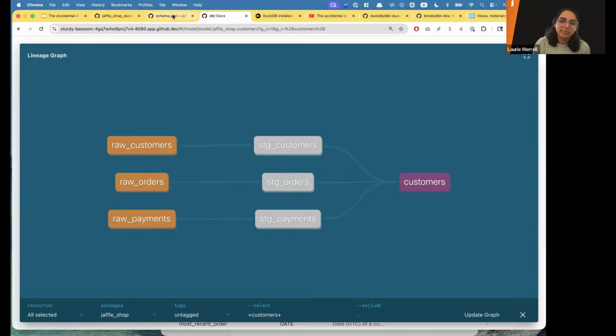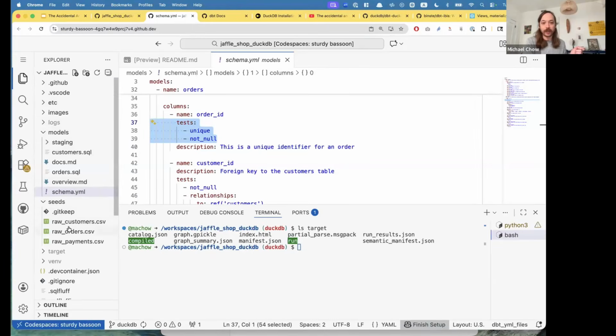I would almost just say think about data coming in, whether it's seeds, or Parquet files in a folder, or raw tables in a warehouse that a pipeline has put up. DBT runs and creates all the downstream tables, runs the tests you ask it to do, and creates the column descriptions that you need.